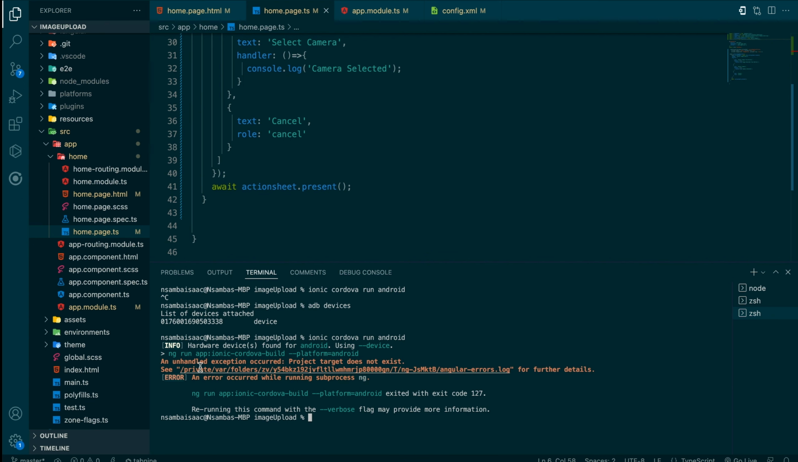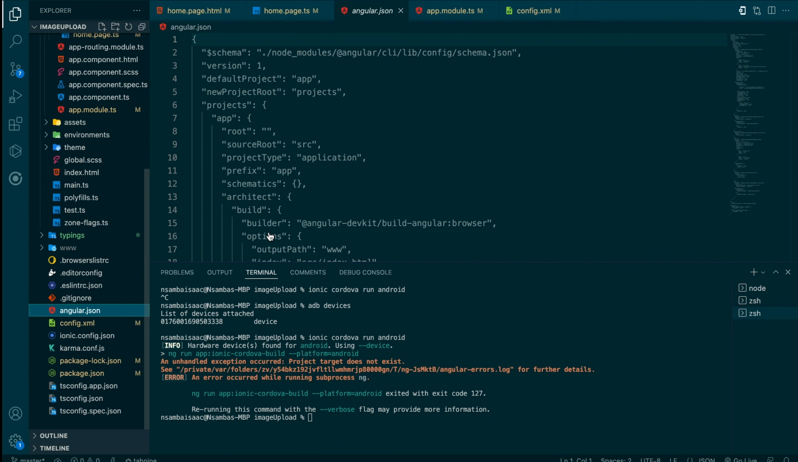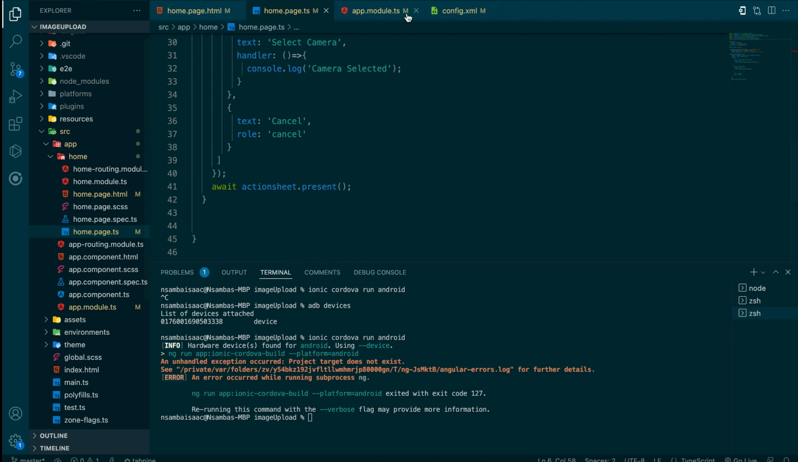We have an error here. Unhandled exception, project target does not exist. This is happening with this new Ionic framework. So what we will do here, we'll need to add some configurations in this file, and to do so